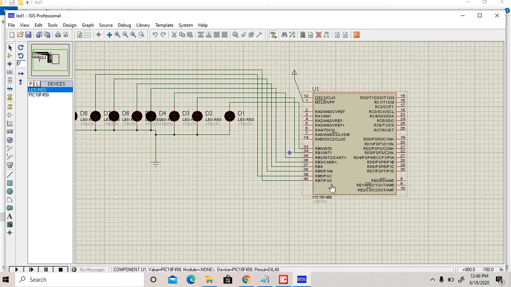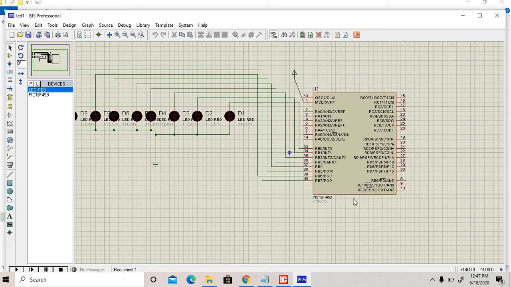RB0 to RB7, 8 pins. RC0 to RC7, 8 pins. RD0 to RD7, 8 pins, and only 3 pins for port E. Total 5 ports are there.